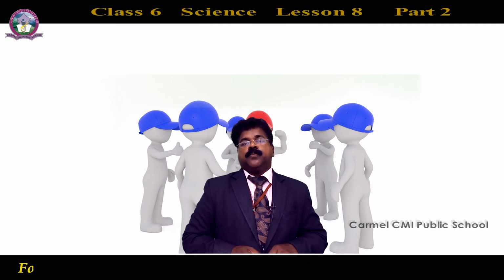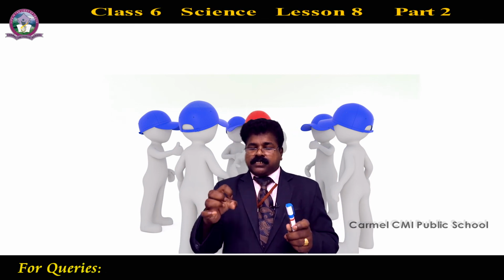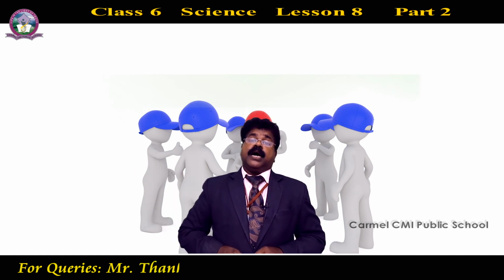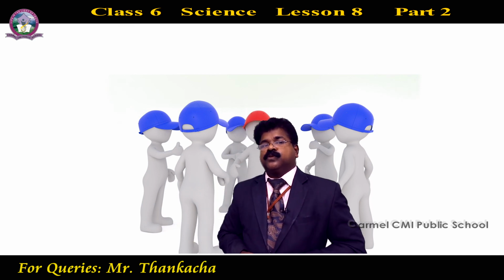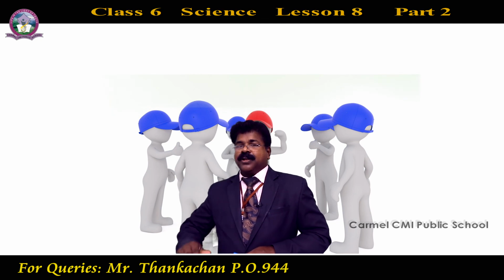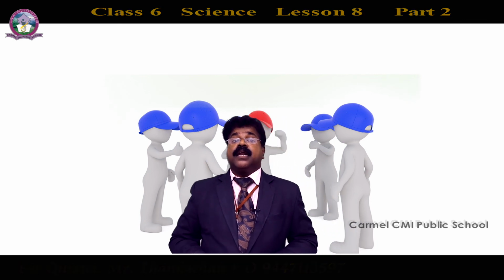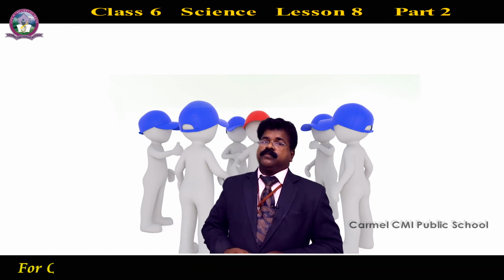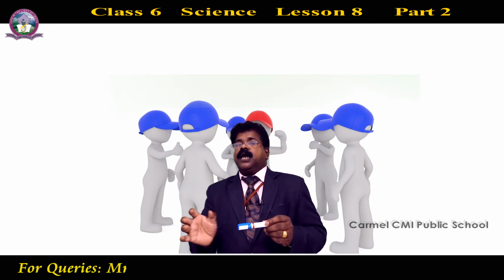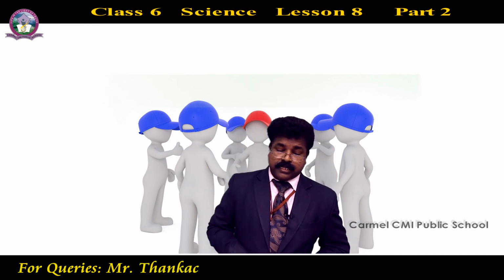This type of movement in earthworms is known as wriggling movement. They are just stretching and contracting their own body muscles, and in this way they move from one place to another. Such movements you can observe in breakdance also. A person performing on stage in breakdance will lie down on the floor and move just like a worm. Have you observed it? We can say it is a wriggling type of movement that is observed in earthworms, simply by means of stretching and shortening their body, contracting and expanding their body muscles.